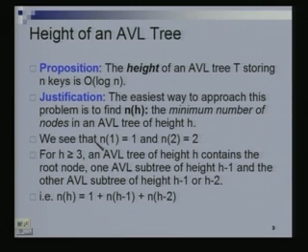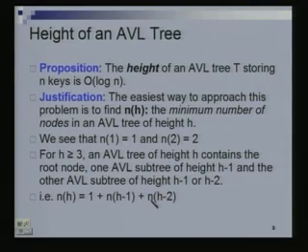So if n of h was the number of nodes in the tree of height h, then what is n of h equal to? It's the number of nodes in the tree of height h minus 1, the smallest possible. Because we would like the left subtree, which is of height h minus 1, and the right subtree, which is of height h minus 2, to have as few nodes as possible. So the number of nodes in the left subtree is n of h minus 1, the number of nodes in the right subtree is n of h minus 2, and there is one root node. So this is what the recurrence relation should look like, right?